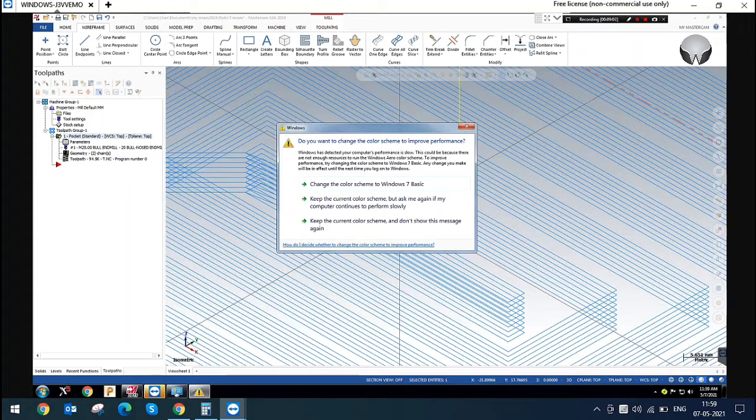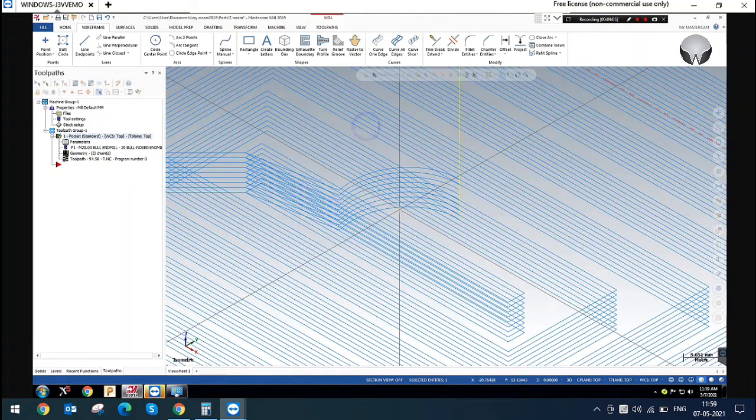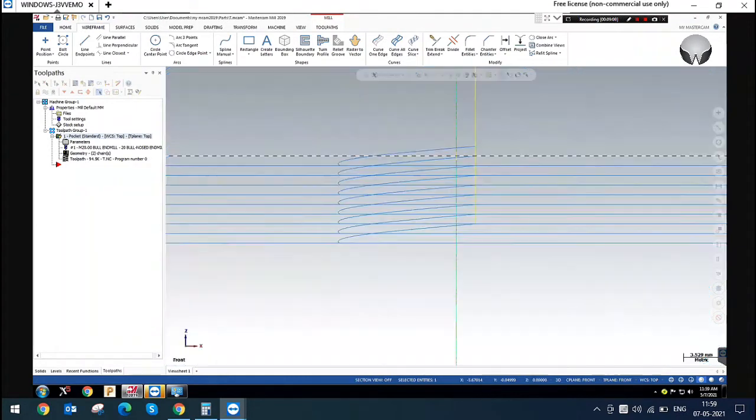If your depth of cut is the same, say your depth of cut is 1 mm, and you define the plunge angle as 1 degree, what will happen?